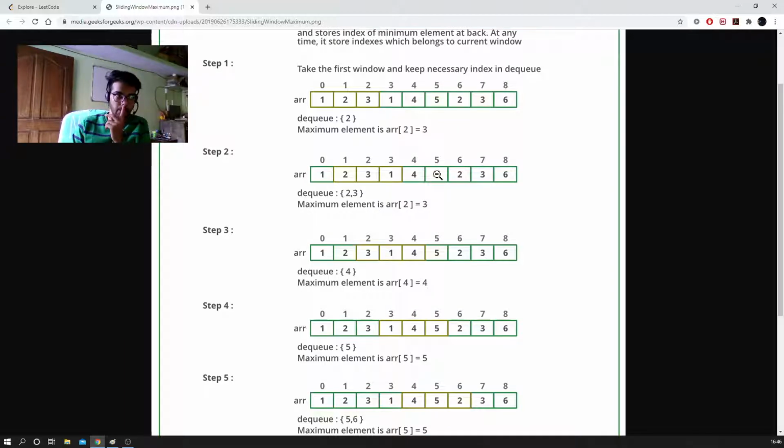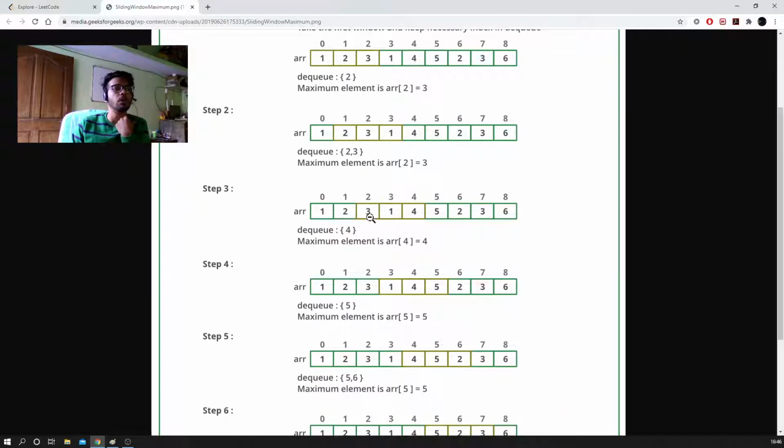So coming back to our explanation, now in the third step my window changed from third to fifth. Now I had to remove this 3, although in this case we were lucky that 4 is greater than this 3, so we didn't need to care about it. But if it was not, we anyway have to remove this 3. Let's imagine it was 1 and 1 and 5, and our window would be 3 1 1 and 5, and then our window would change to 1 1 and 5, but we need to remove this 3.